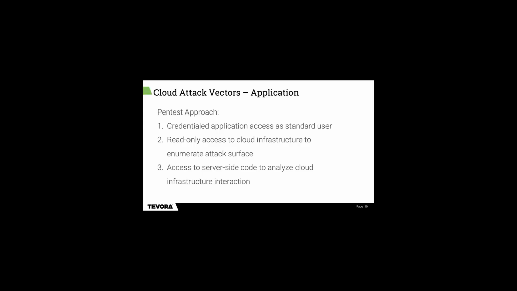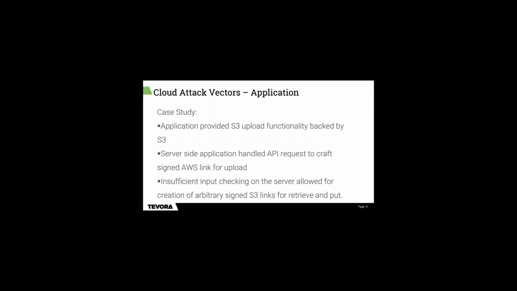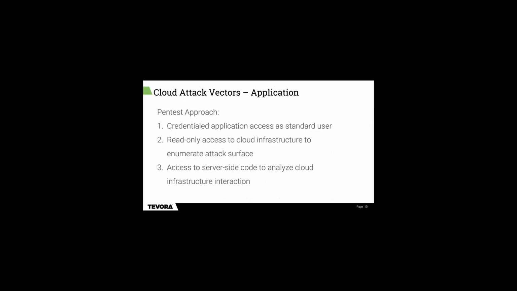So especially in a case like we were mentioning in this case study, where you have the server with some level of credentialed access, proxying and interpreting user requests in order to handle those, having a look at the actual code and the infrastructure interaction can be very valuable in discovering those issues and making sure they can't be exploited. Now on the flip side, an issue like that, if it's not as discoverable externally, the risk obviously is lower because